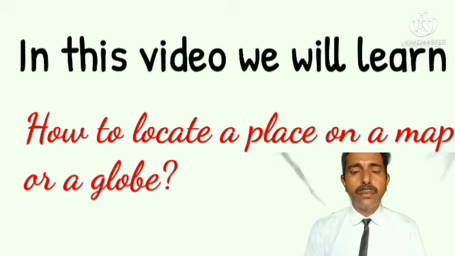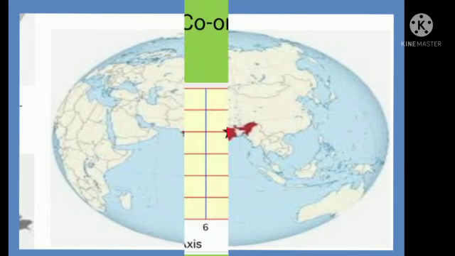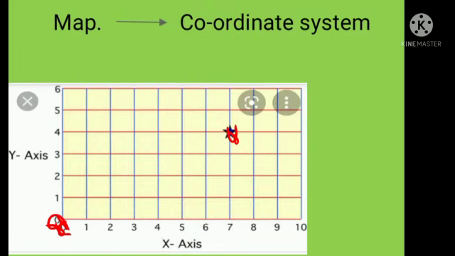So let's start. To find the location of a place on a map or globe, we need a reference point, a point from where we can start. A map is two-dimensional in shape, so we generally use the coordinate reference system. In this system, the southwest corner of the map is taken as the starting point, and we have two types of axes, x-axis and y-axis. If we know the value of coordinates, we can locate a place on a map easily.